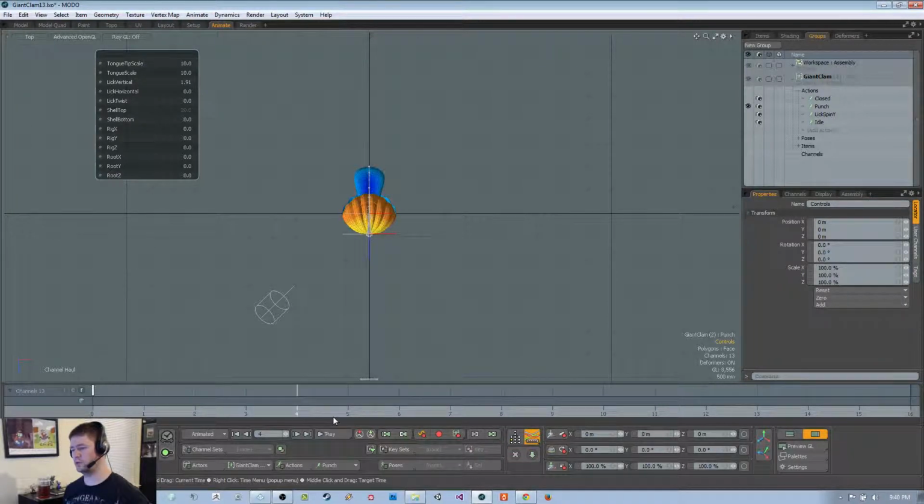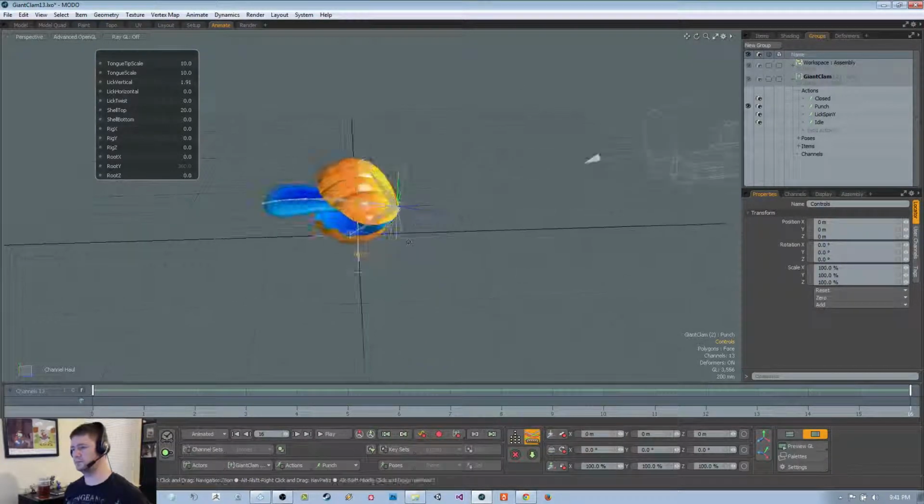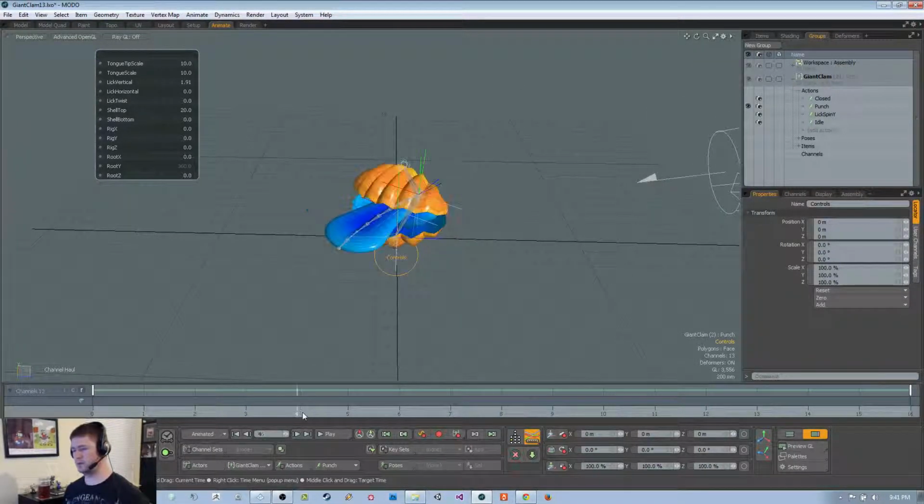And so 4 will be like a 90-degree turn, a 180, 270, whoops, 14, 4, 8, 12, 16. So at 16, I'm going to go ahead and keyframe this, and then I'm going to do the rig. I'll just do root on this one at 360. Well, let me go here and do,